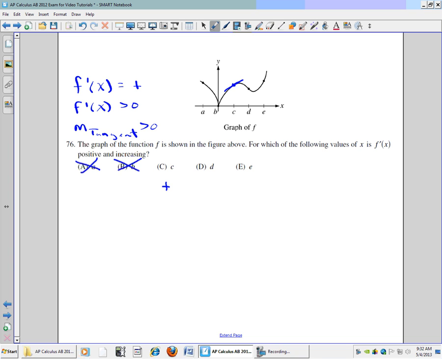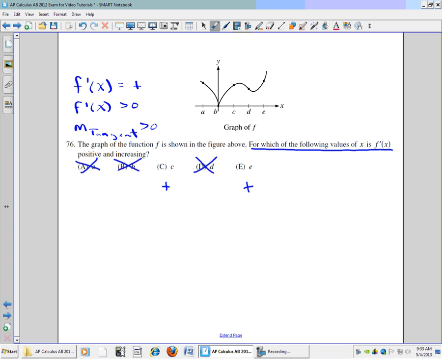All right, let's consider point D. It has a negative slope, so that's not what we want. Point E also has a positive slope, so that's a possibility. So our answer choices are going to be between C and E. So now let's look at the second part of the question. It says, for which of the following values of x is f prime of x, the first derivative,